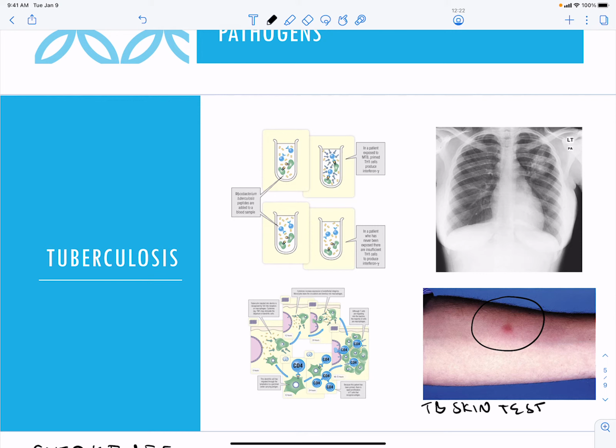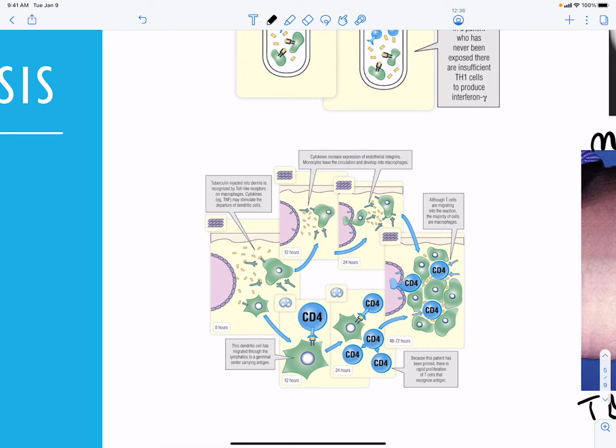This is also called the Mantoux test or the Heaf test. And so basically, this is kind of how it works. You basically are going to be exposed to the antigen, and the antigen is typically going to be injected into your arm. And so what happens in this kind of test is you have these little